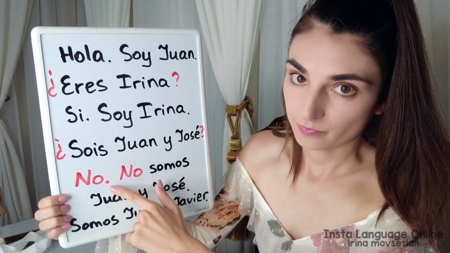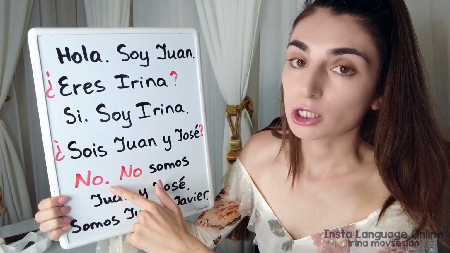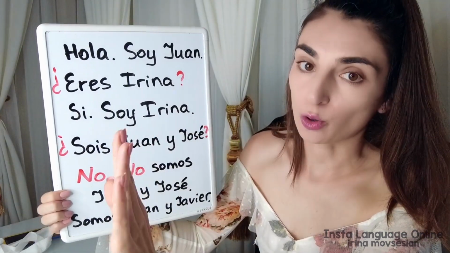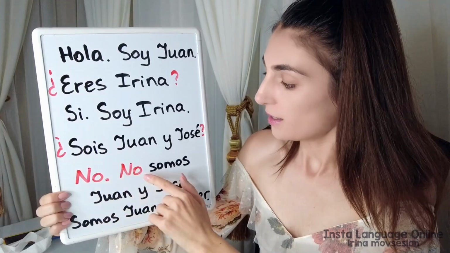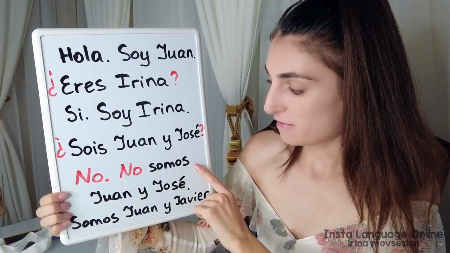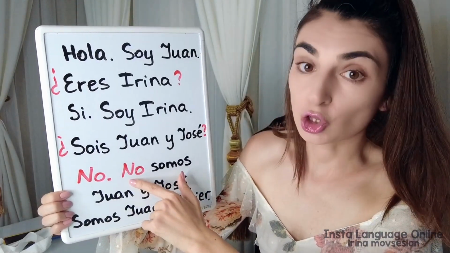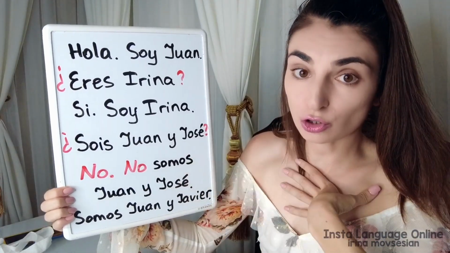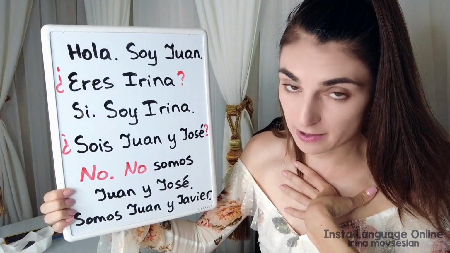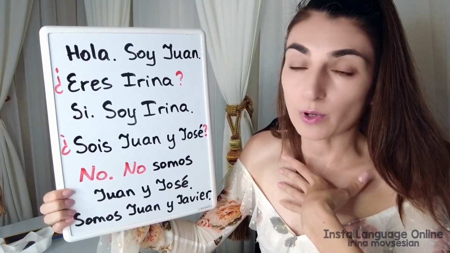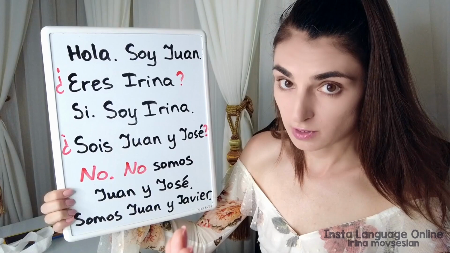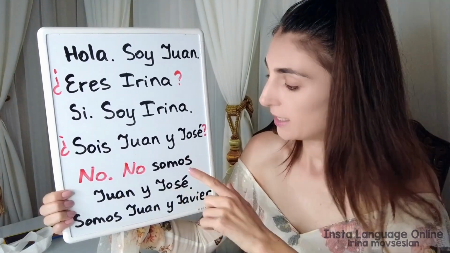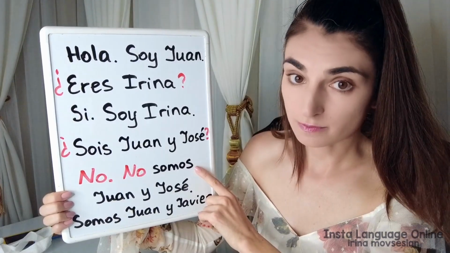No. So let's learn the word no. In Spanish, it is no. When you use the negative, you put no in front of the verb. So, nosotros somos. Okay? We are. We don't need nosotros. As I told you, you don't have to use pronouns. Take somos, are,